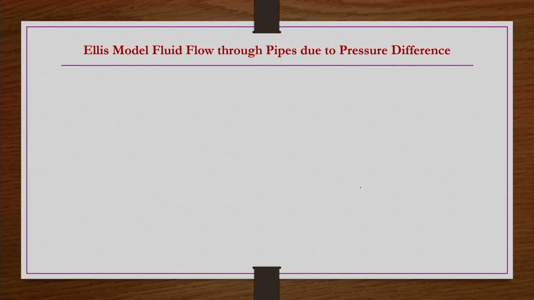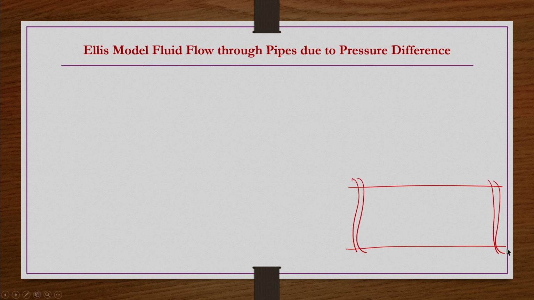Now we take a different type of fluid flowing through circular tubes, but again due to a pressure difference. Whatever we took in the previous lecture, a circular tube, an infinitely long cylindrical tube, so that the L by D ratio is very large. Then we have taken only the fully developed region, so that we have a fully developed flow. If you have a fully developed flow, the analysis would be easy, that is, in the flow direction the velocity profile will not change.